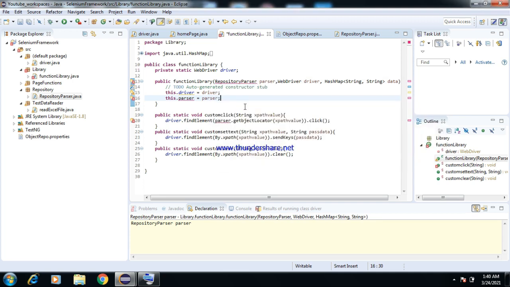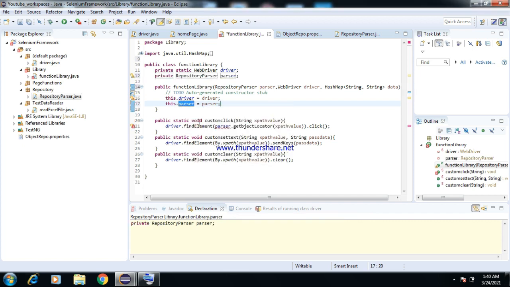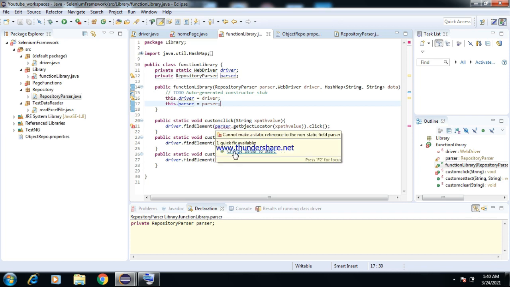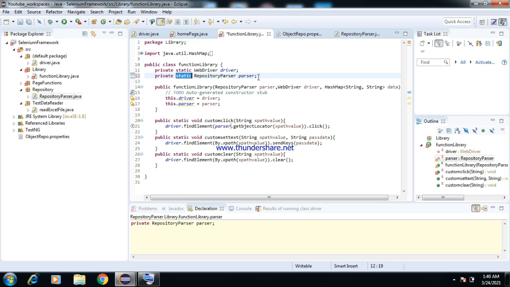I'm going to import that, declare the value here, and initiate that one. Now saving that one. Okay, the error got cleared.